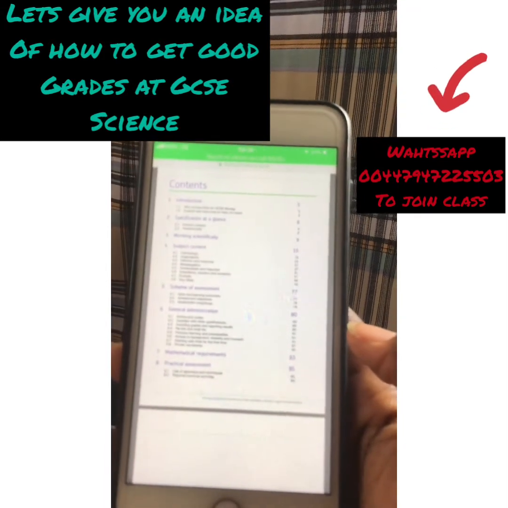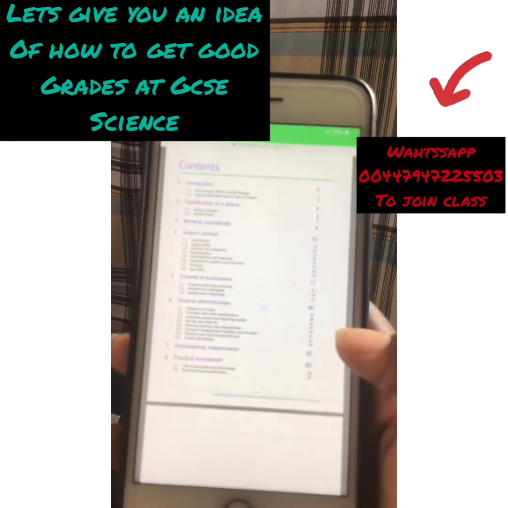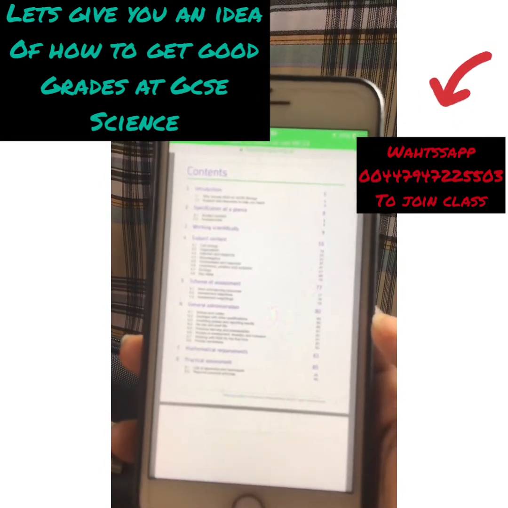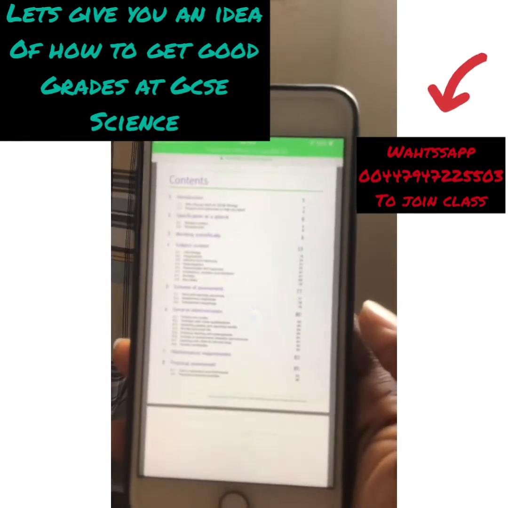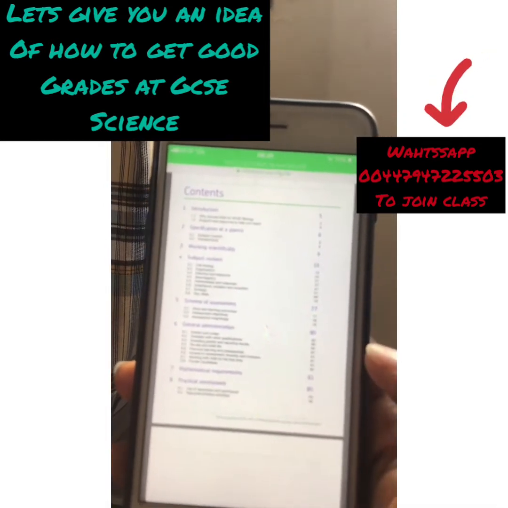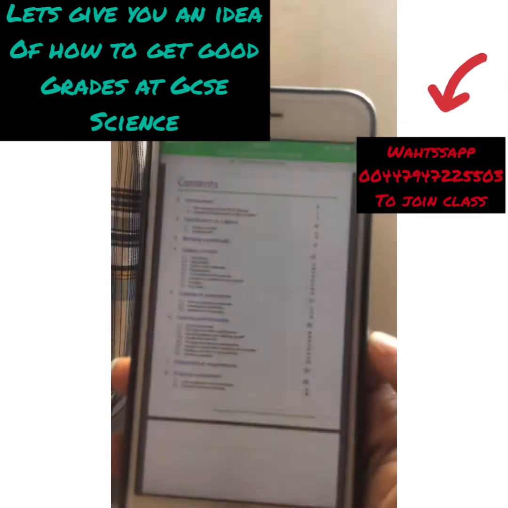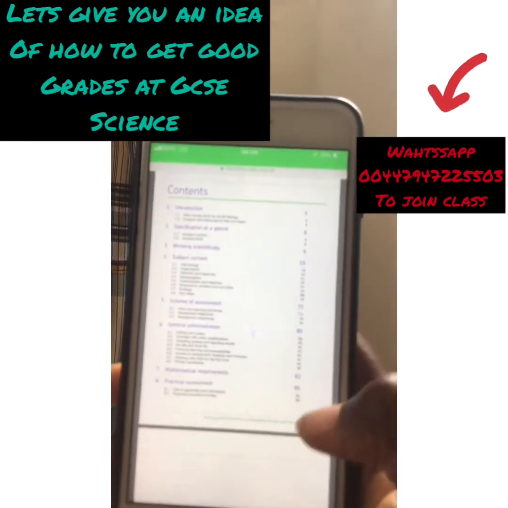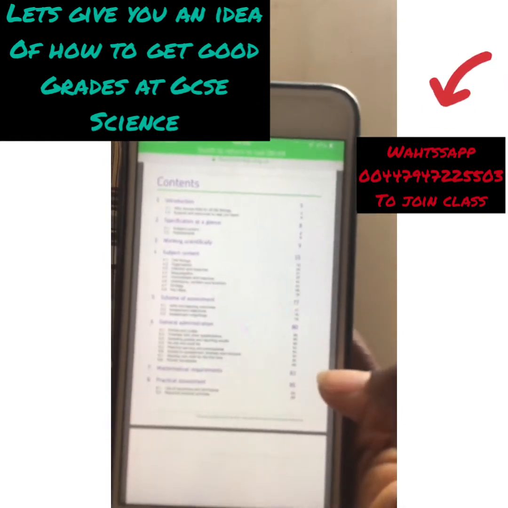Mathematical requirement is something which is actually tested even in the bio papers. We do have a math component. So you see questions where it asks you for a calculation of an average or a calculation of the range or to draw a graph. So you are required to have certain mathematical skills, and you need to know which skills are required for bio. The ones required for bio are totally different from the ones you need for physics and chemistry, because the nature of the courses are different. So you need to be absolutely clear what each one requires so that you know how to strategize and meet